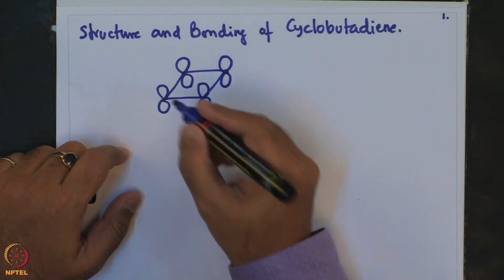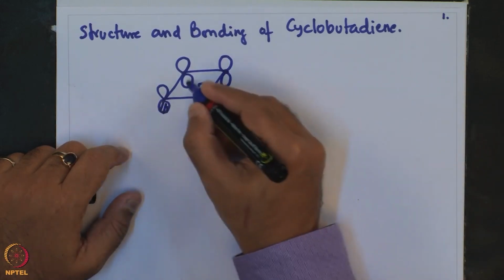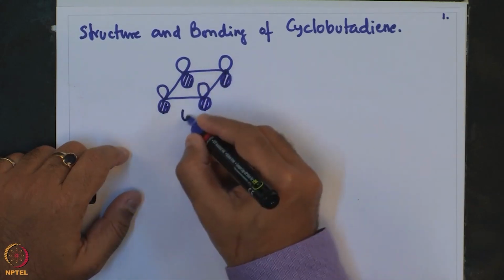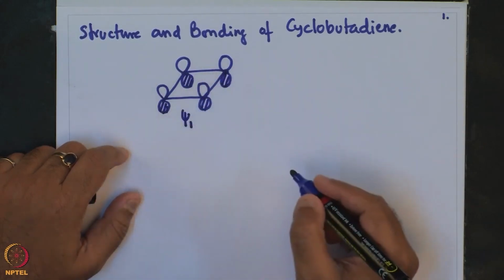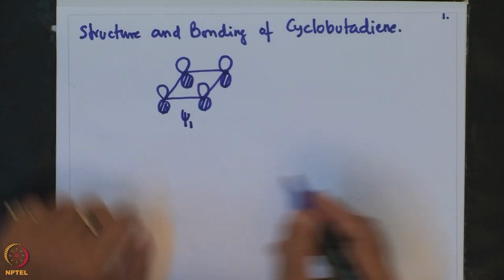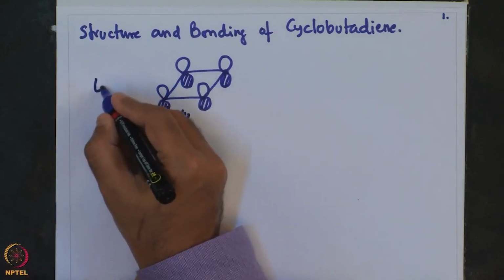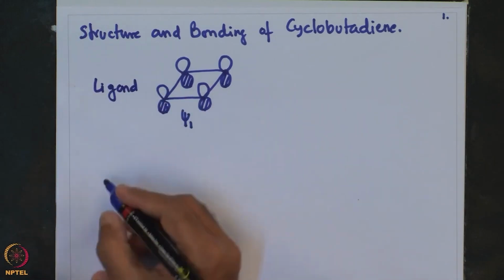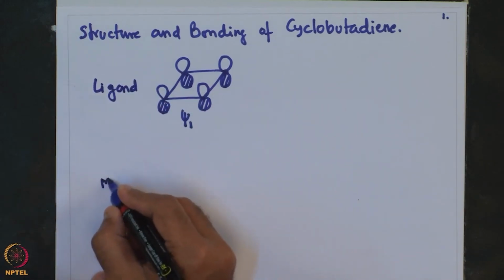So the first one is psi 1, which is a bonding orbital. So this is the ligand orbital, and the metal orbitals